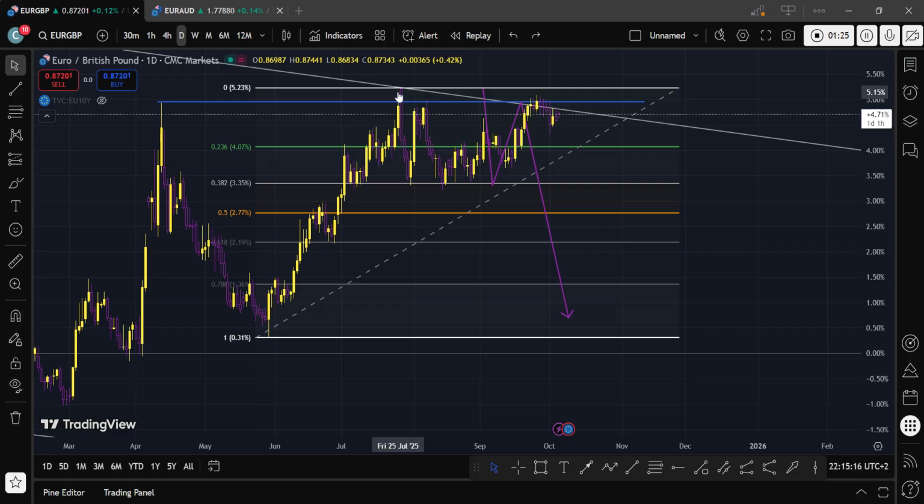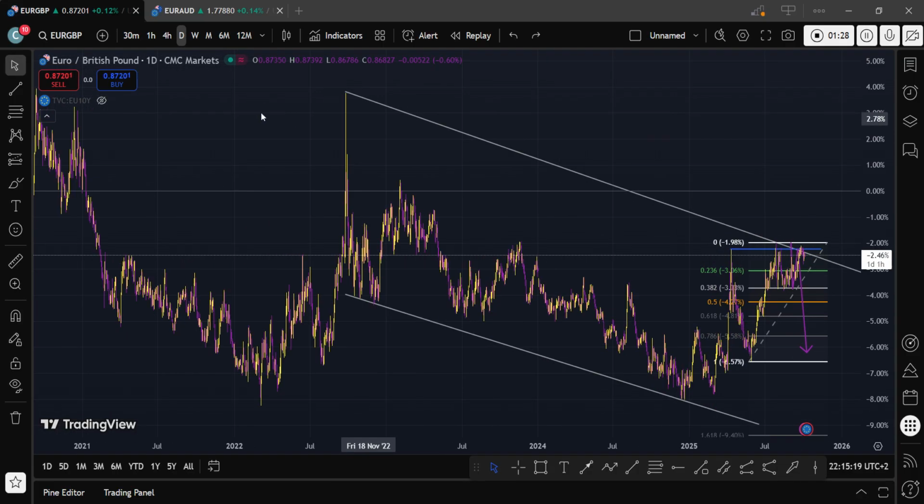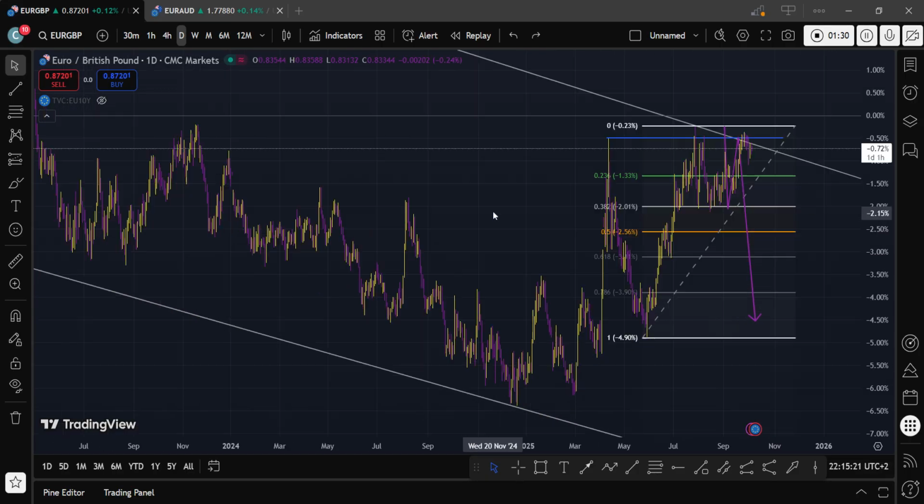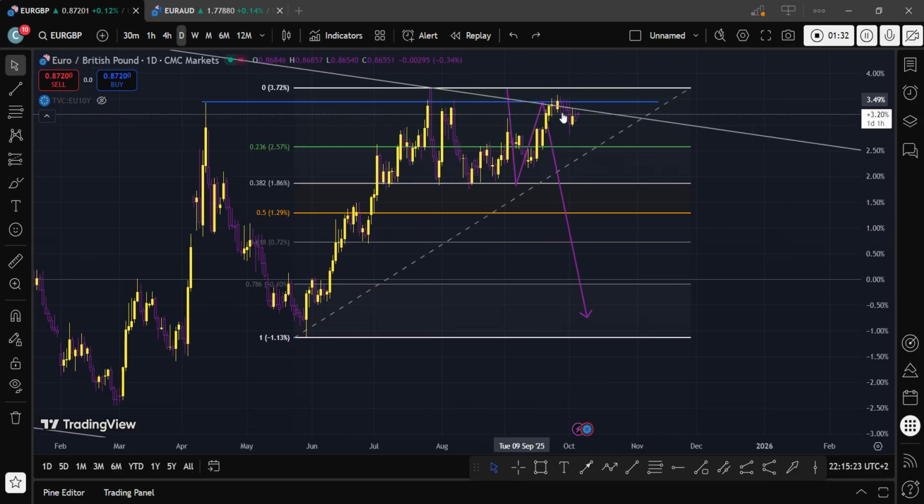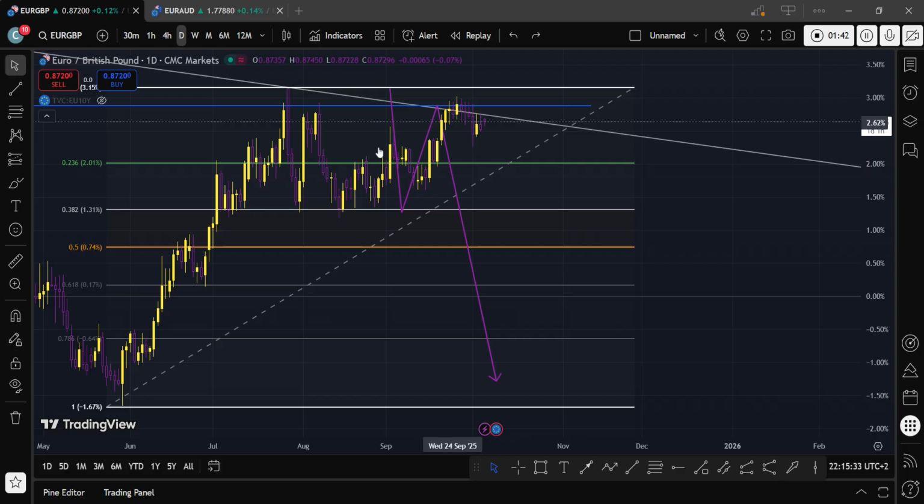So this is the second touch from the first, and here we have a third touch. Normally, the third touch we expect it to manipulate before it takes off. So this is the manipulation, and at the moment, the euro is